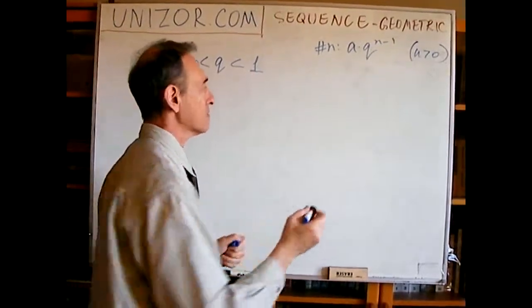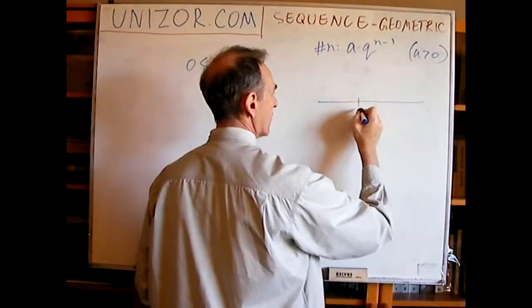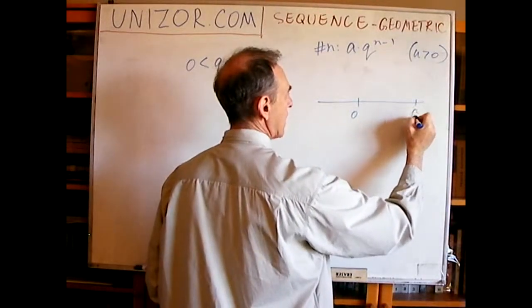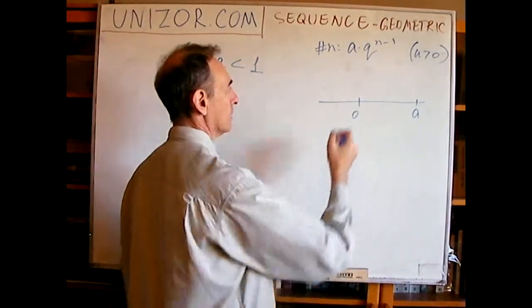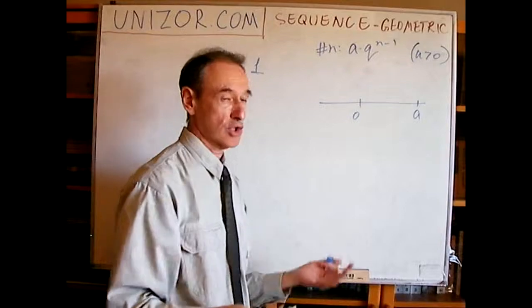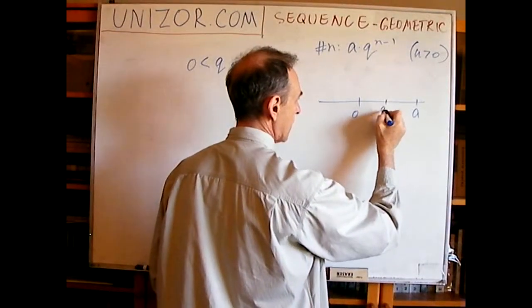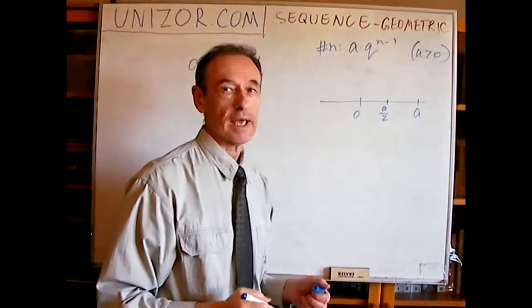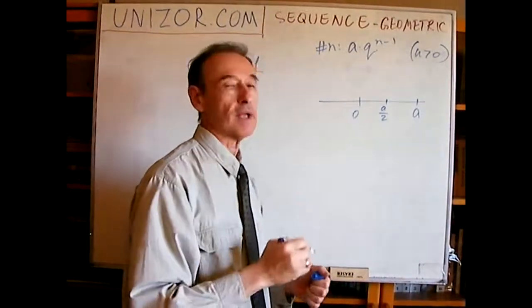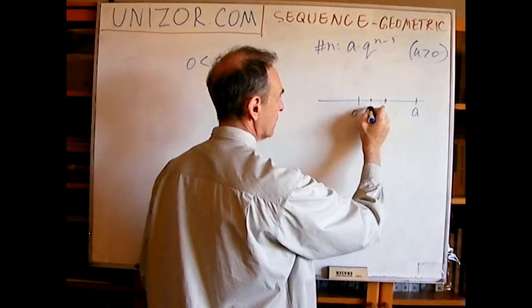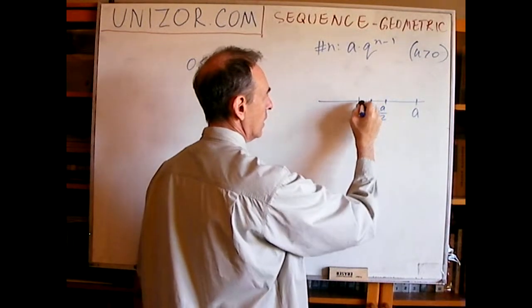They're smaller and smaller and smaller. So if you take, for instance, this is 0, this is a, and you multiply it by q the first time, you get smaller. Let's say you multiply by 1/2. You multiply by 1/2 again, you will have even smaller and smaller,